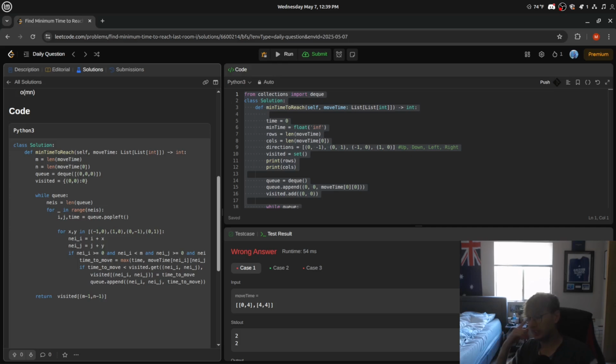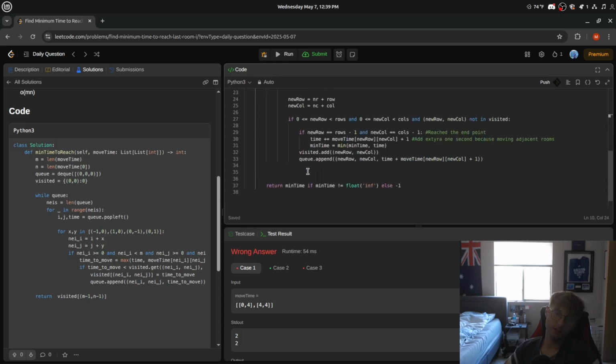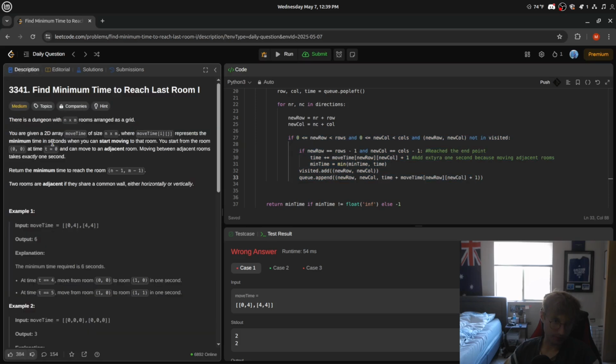Okay. I think I know what I did wrong now, but I gotta get ready for work, so we'll probably finish this problem when I get back. What I found out now is that BFS is not very good for weighted problems like this, right? This has weights, so we don't get the optimal move, because we can't go back, because I'm adding visited and we can't go back, so there could be a better move, but